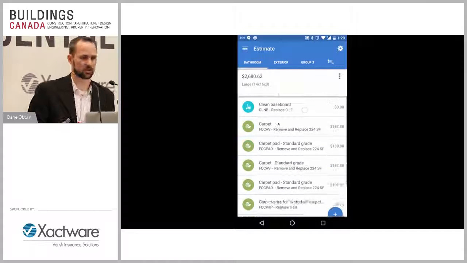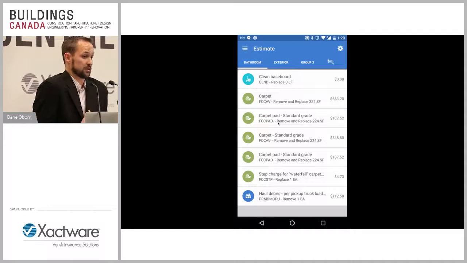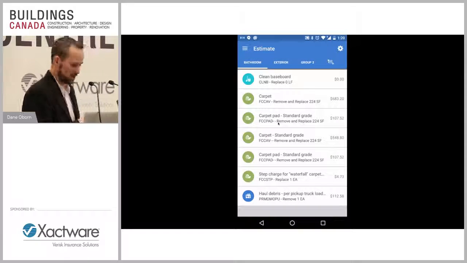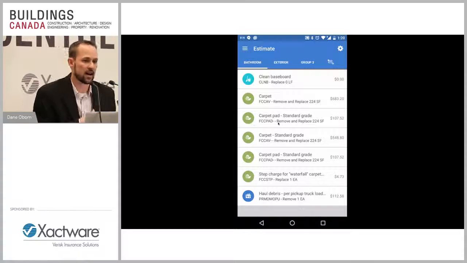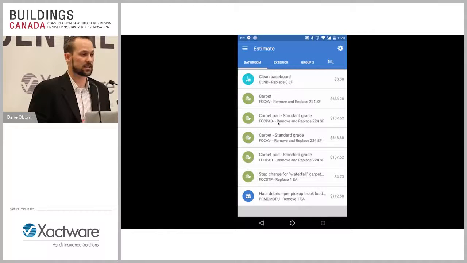But where this gets cool is when we went into the mobile space, we knew we had a hard competitor. And that competitor was a yellow pad of paper and a pen. Every contractor we went out in the field with had a yellow pad of paper, and they would say, okay, there's X amount of damage on the floor, here's the toilet that's broken. They'd write it down, they'd go back to their home or their office, put it in some nice looking format and send it to whoever they were sending it to. So, what's easier than writing it down on a piece of paper? That's what we were competing with, and it's not always easy to sit here and type on these little screens